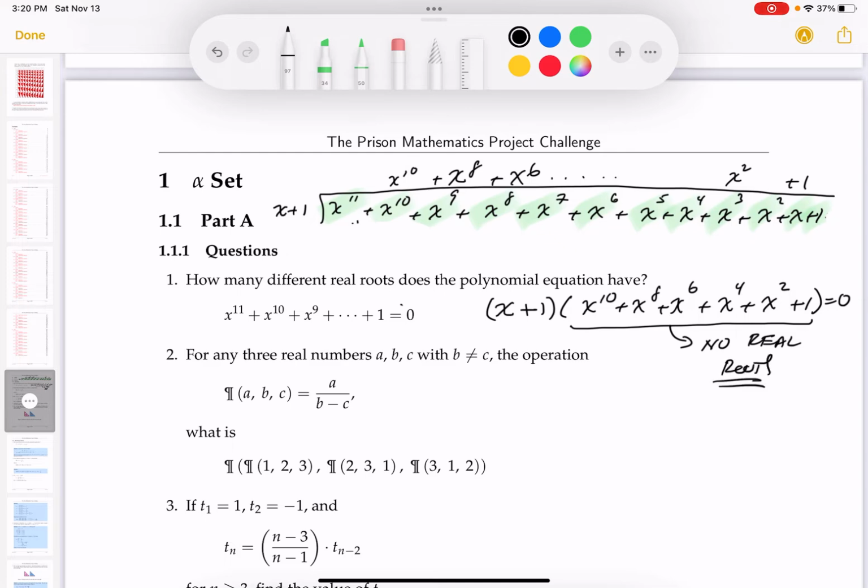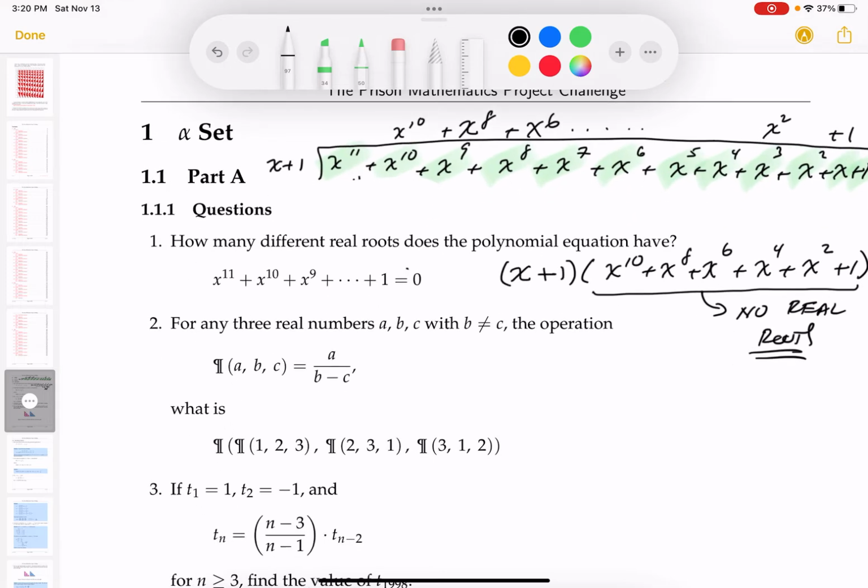It could have no real roots. So what am I going to say? There's only one real root. I'll say that, only one real root. And then I said there would be,